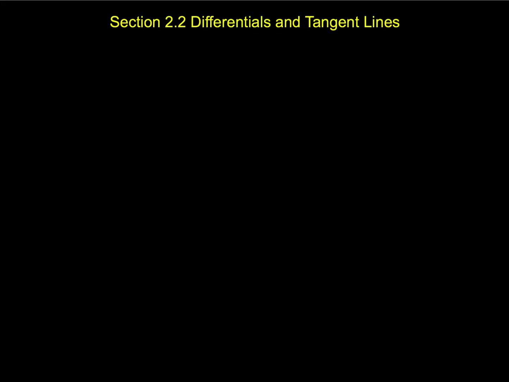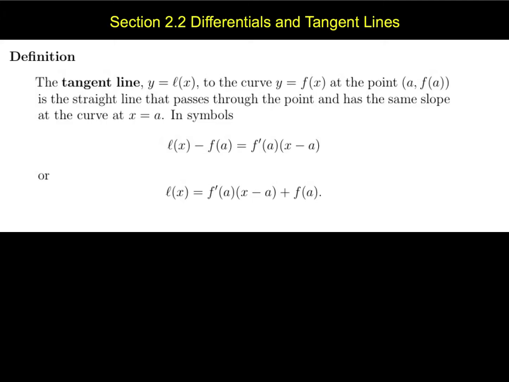So in this section, we're going to discuss differentials and tangent lines. First thing, let's define what we mean by a tangent line. So by the textbook, we have that the tangent line, y equals L of x, to the curve f of x at a given point, is the straight line that passes through that point and has the same slope as